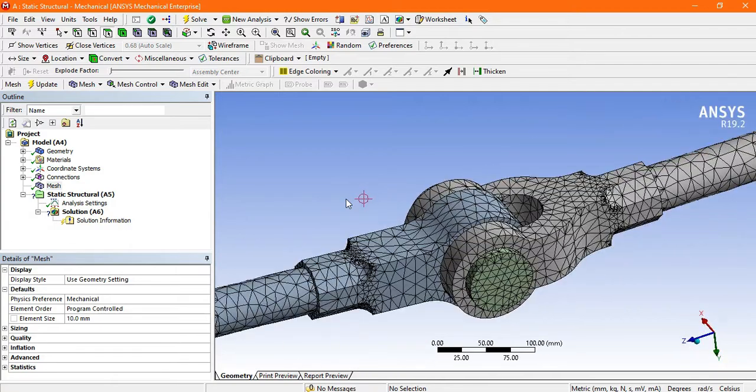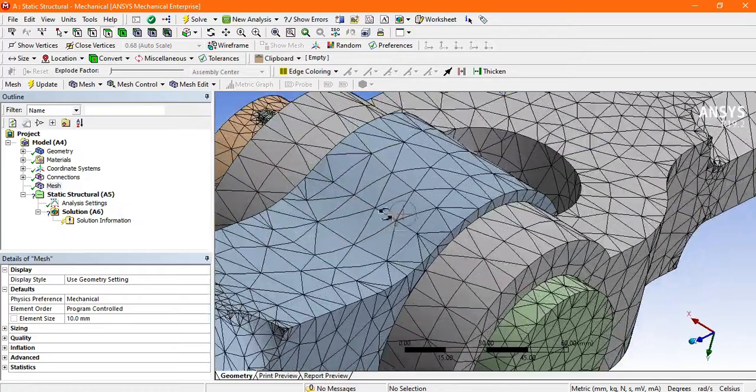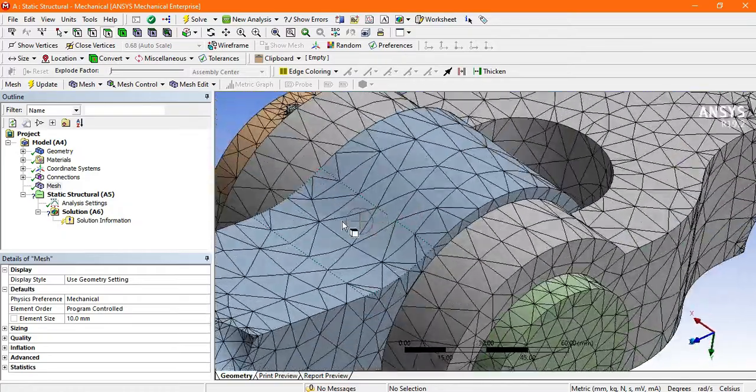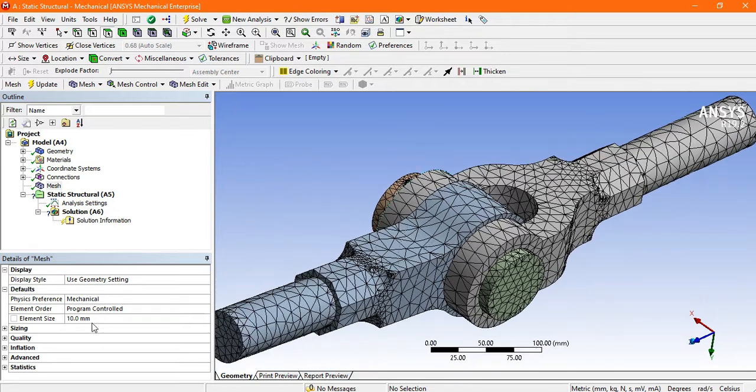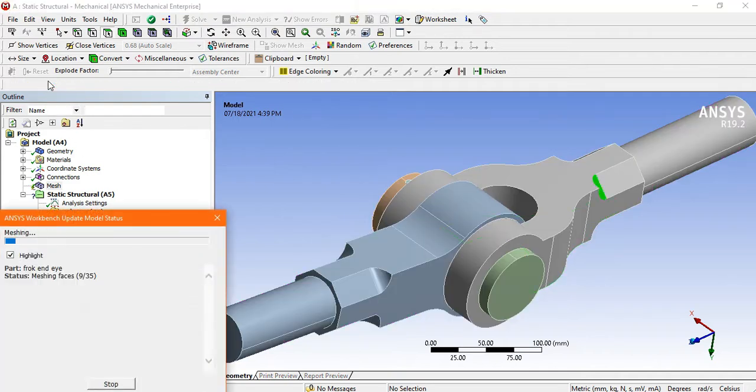Now look, it is more dense compared to the previous one. You can also decrease the size, like element size 5 mm. Go to update for more understanding.